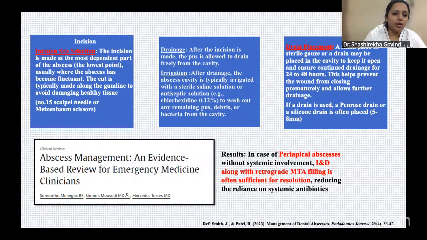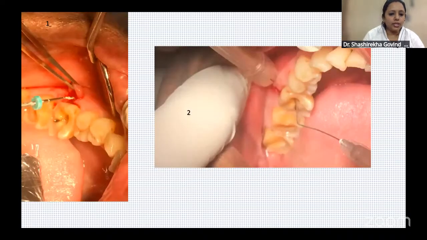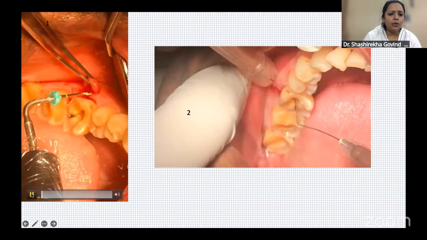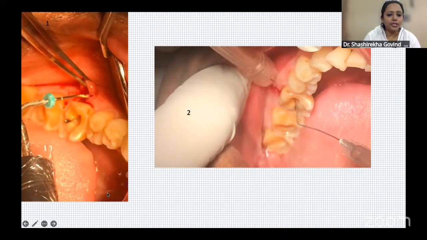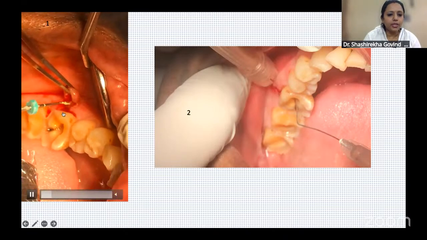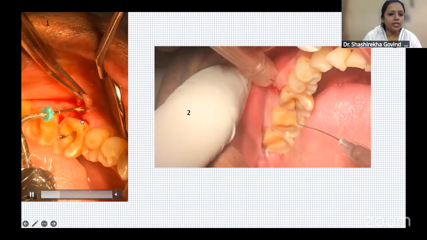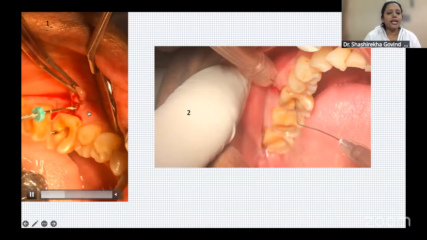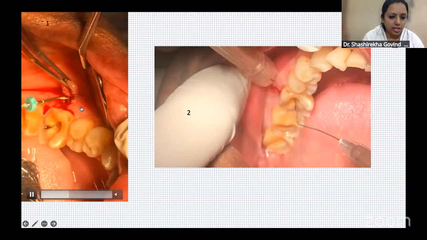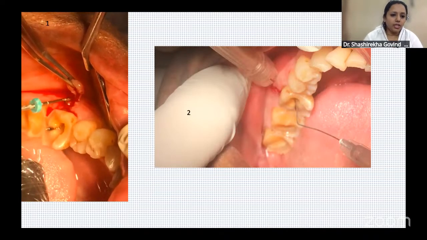Preferably, in cases of abscess, it's better to give broad spectrum antibiotics. So this is just a video showing how the intraoral sinus can be treated. Here there was an active intraoral sinus which I just removed the